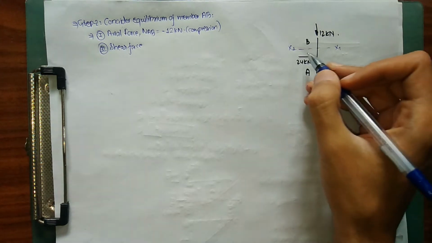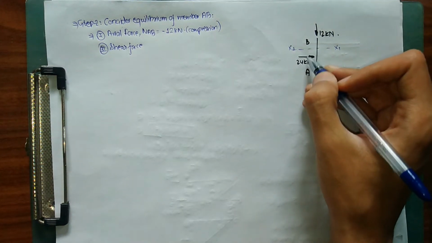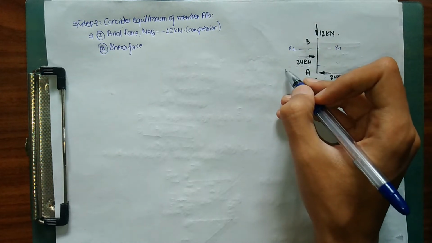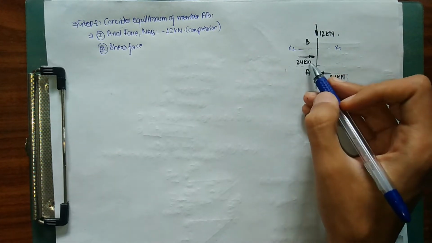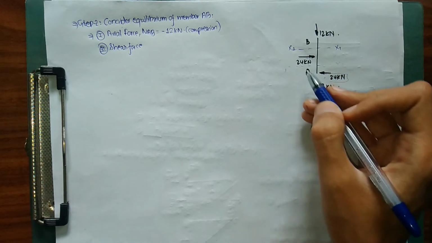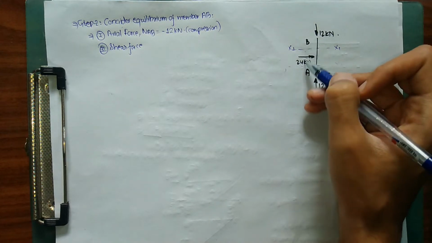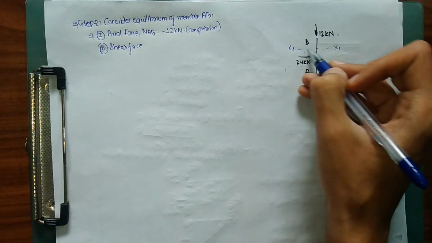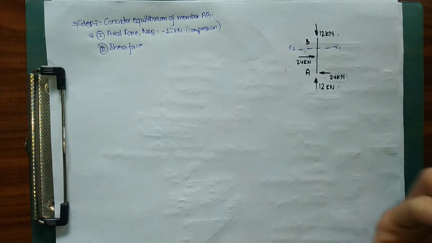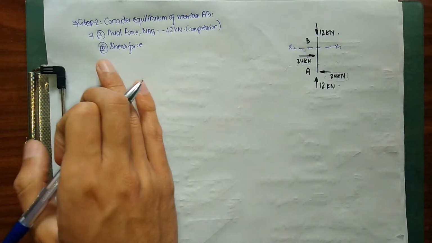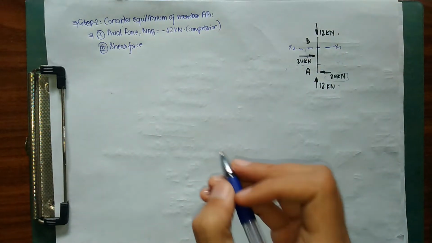As you can see here, right now I have taken my x1 right of 24 kN, but if I had taken my section x1 left of 24 kN, it would not include our force of 24 kN. So in order to include our maximum number of forces, we are going to take our section x1 right of 24 kN. Hope you have understood where to take our section. Take your section at that point at which it will include your maximum number of forces. So shear force at